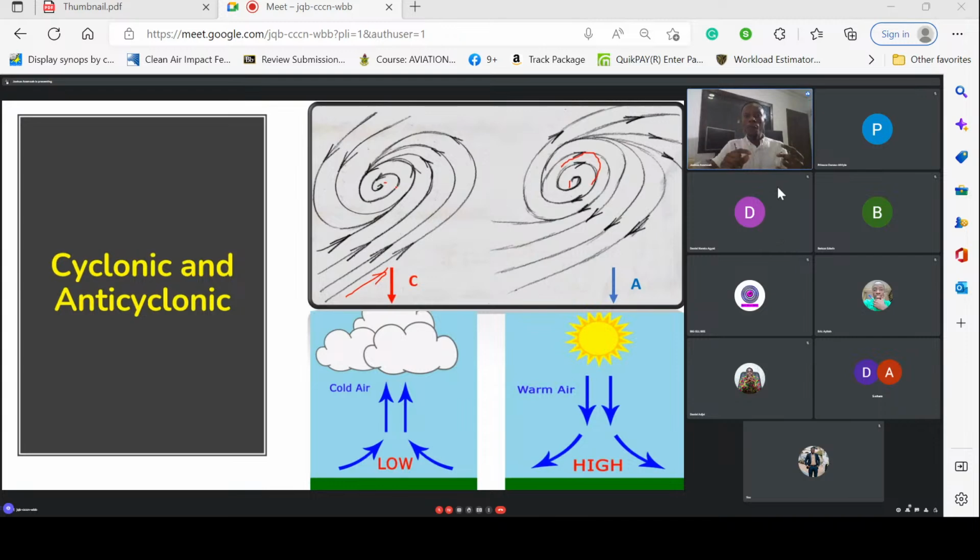So if you want to look out for areas where cloud formation is possible or precipitation is likely, you are looking at lower pressure areas and then cyclonic flow areas or vortices. So there's low pressure there, which will help rising air motion. There's also a cyclonic flow there, which is anti-clockwise in the northern hemisphere, which will all help in the